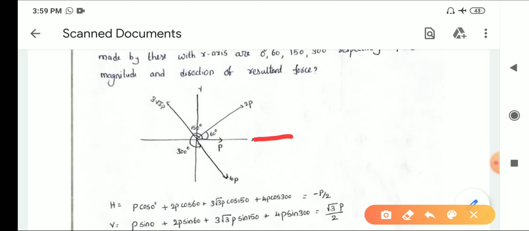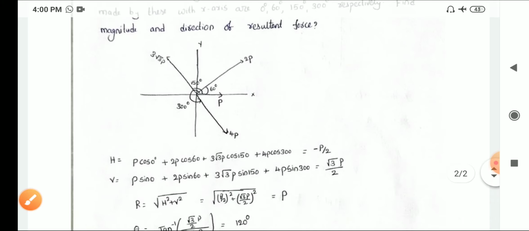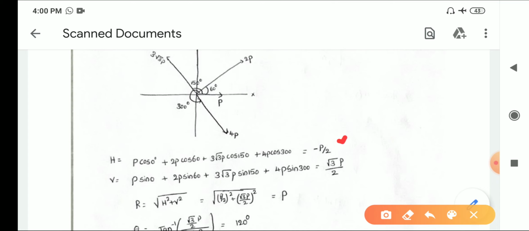Okay, now we have a formula similar to that formula. What is that? First force P into cos theta. What is the angle made by P with x-axis? 0 degrees, right? So P cos theta, 2P cos 60, 3 root 3 cos 150, 4P cos 300. Okay, by doing the calculations you got minus P by 2. Similarly V, sin theta, as it is a vertical component, so sin theta, so that becomes root 3 by 2